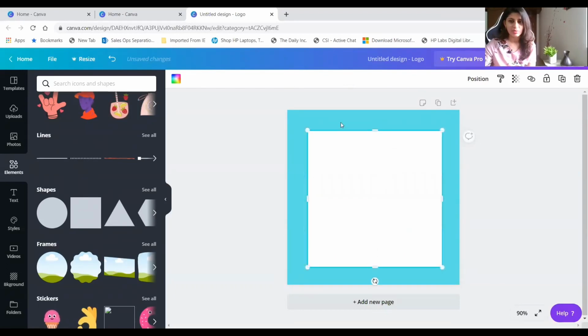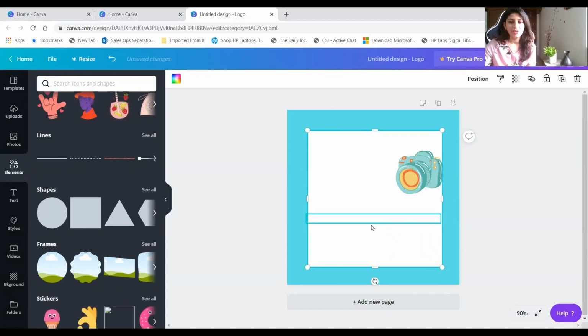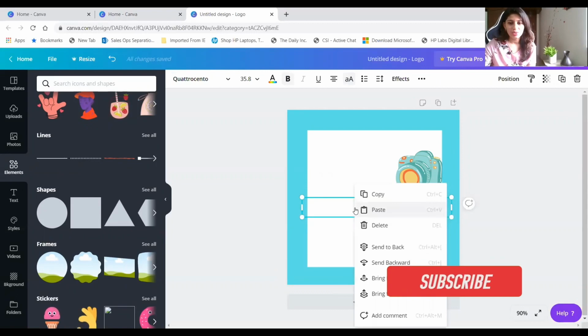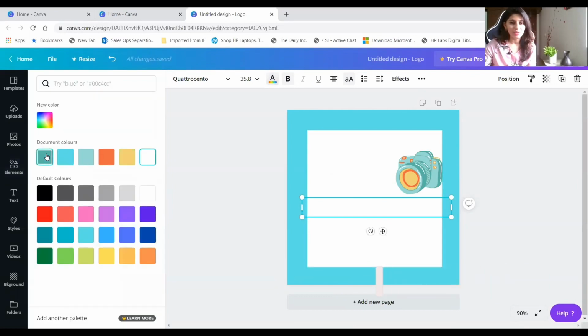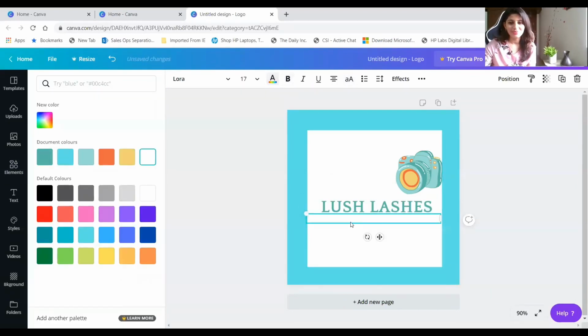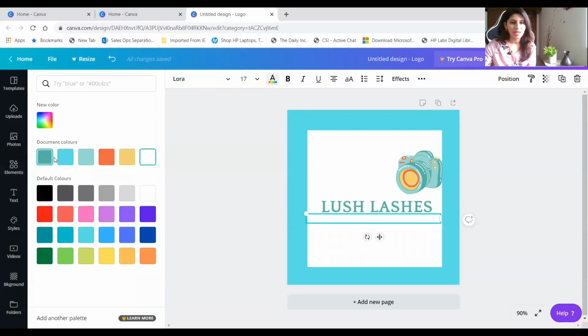Okay, imagine this one. Now you see that all the write-up and the image that we just included is hiding behind, right? All you need to do is right click and send backward. If you do that, you see the pictures are coming up. And if you want the text to come forward, bring forward. Because the text is in white, I think it's not visible. If you do that, there you go. Yeah, so click on the A and change it to this one.